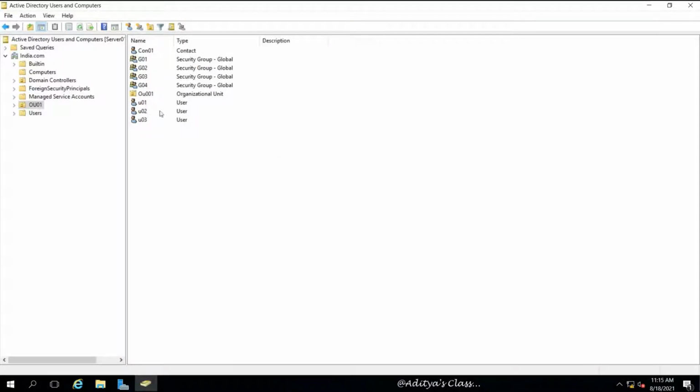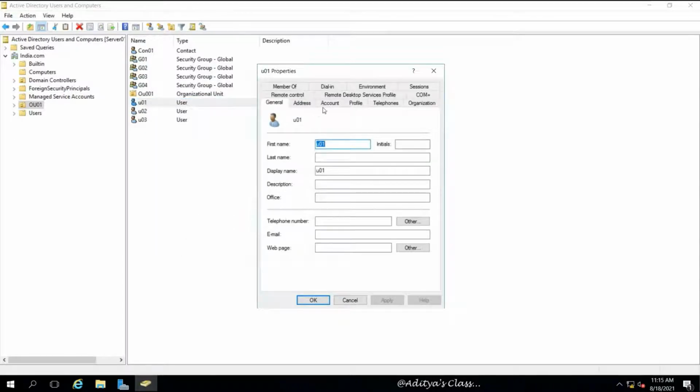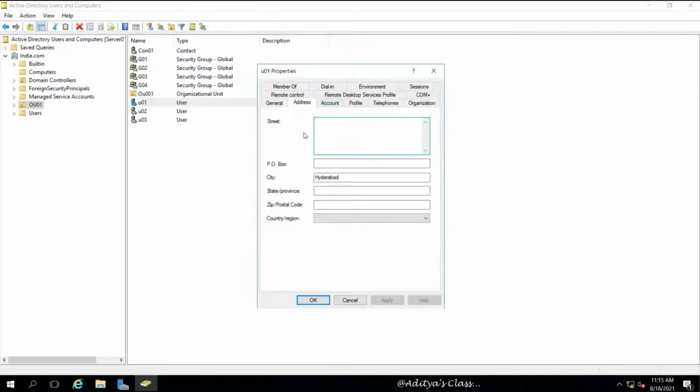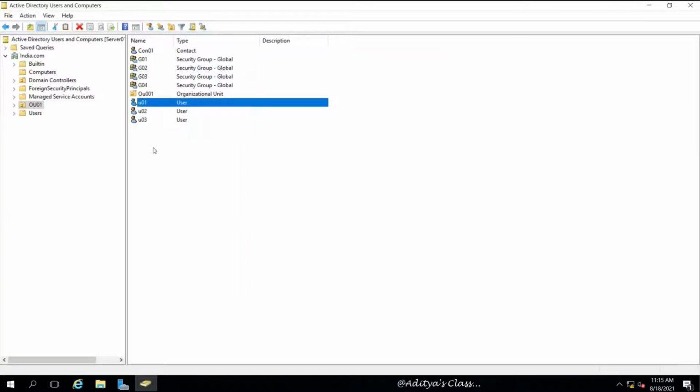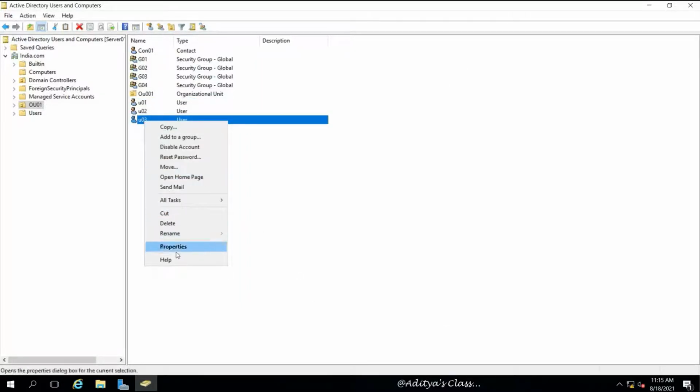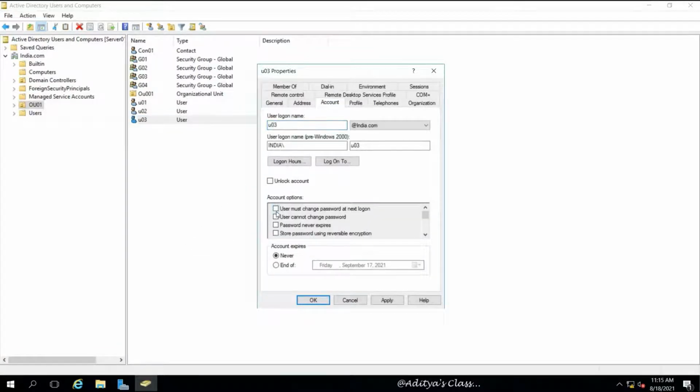Now, user must change password at next logon was enabled. If you want to disable that option, we can go to the properties of the user and then click on account and then choose account options. Uncheck the option called user must change password at next logon.